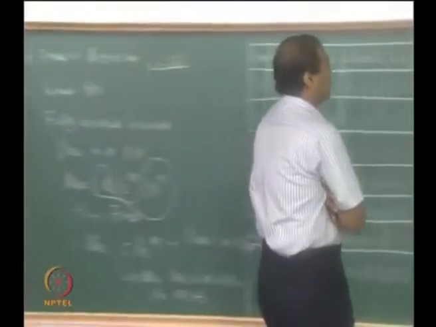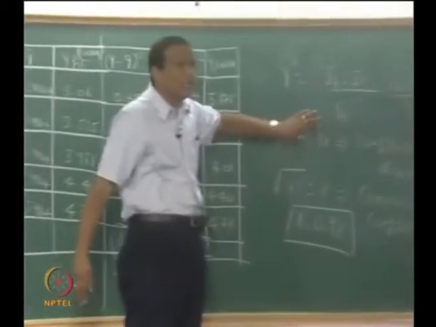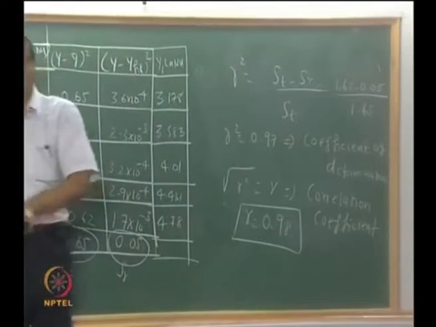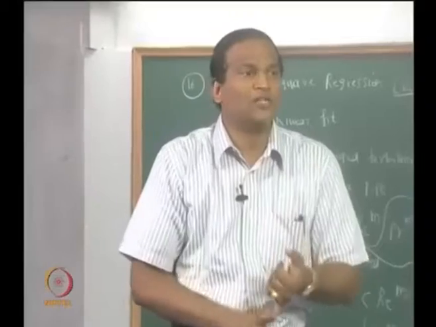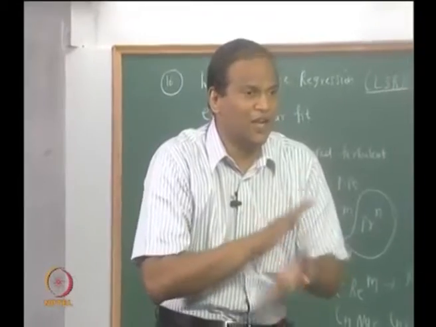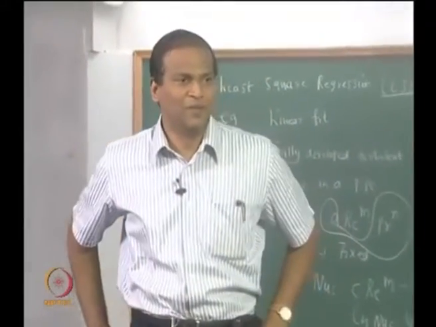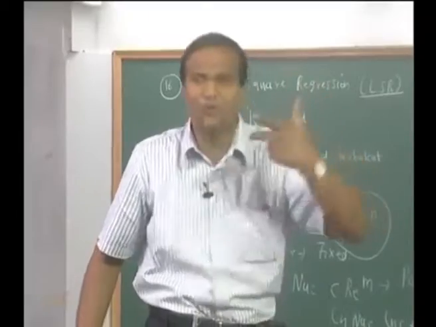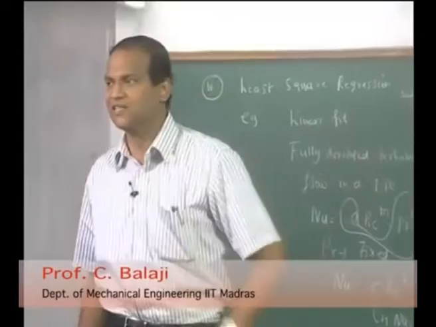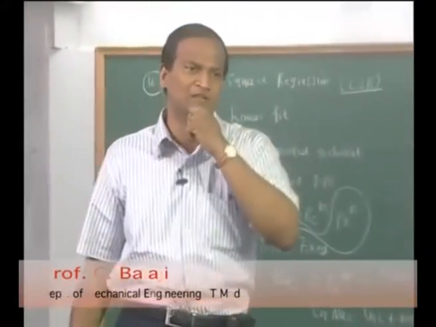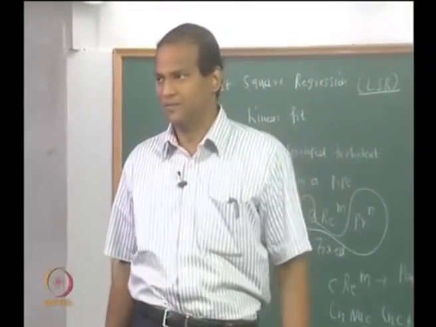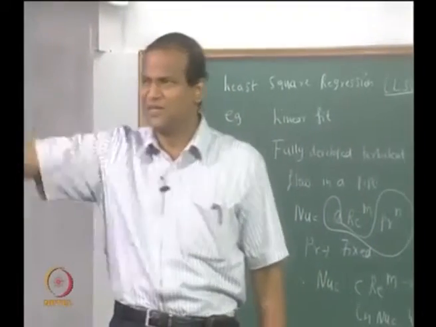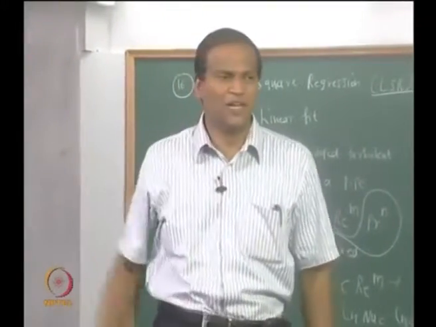Here we say that 97% of the variance in the data is explained by this correlation. Suppose you have a correlation which gives only 60%. Either your experiments are erroneous, or there are additional variables which you have not taken into account. So when you do a regression, it will tell you so many things. It is not just your experiments or the simulation which will help you understand the subject. Regression will tell you which points require to be repeated and so on. So that minus is basically when x increases, y decreases.